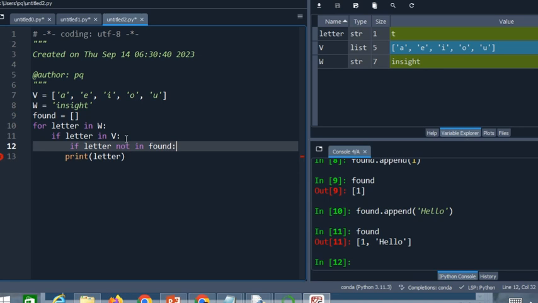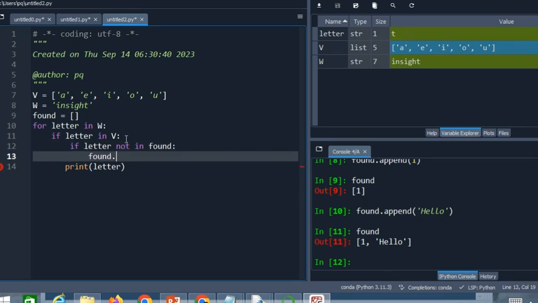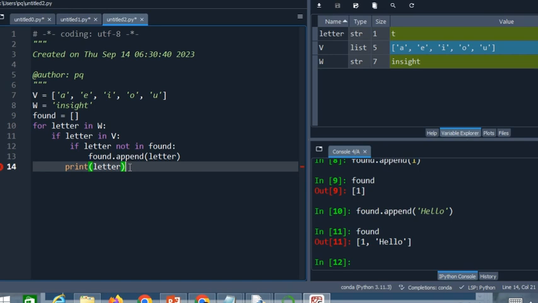Add this letter to found. Okay, so we should set found.append this letter. Okay,